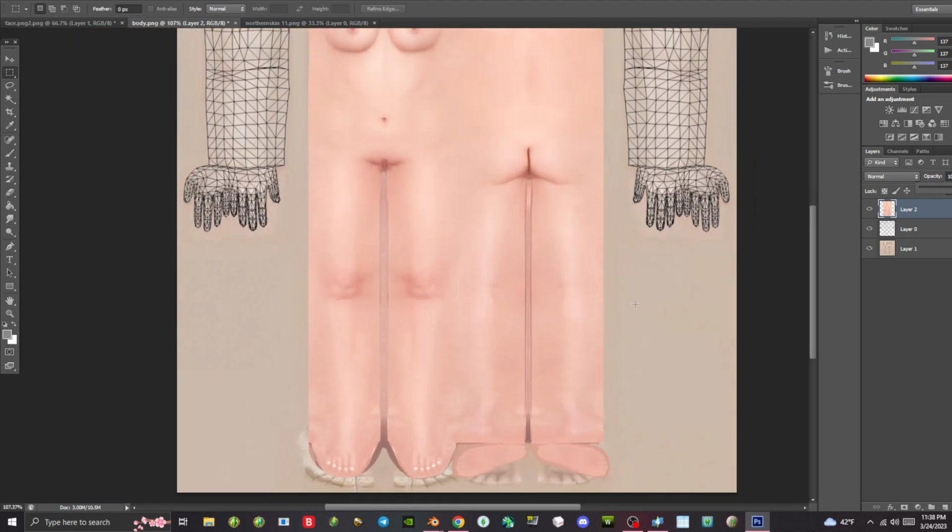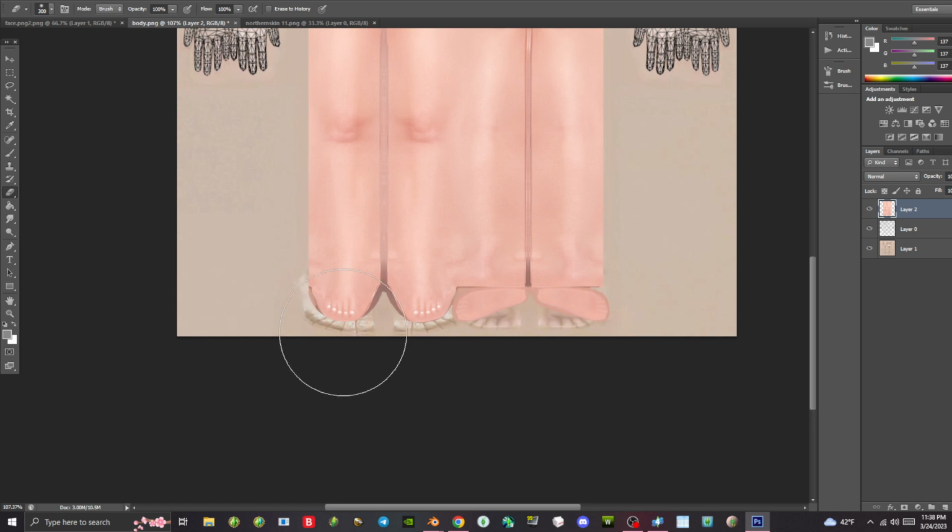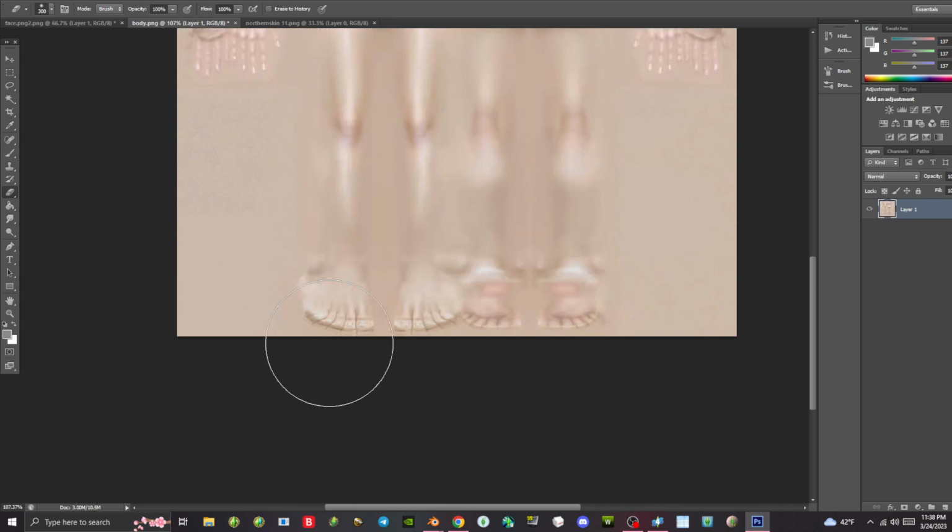But anyways, now that we've done that, now let's address these feet. What I like to do with the feet is basically I'm just going to erase them. Because like I said, trying to liquefy the feet to fit those is a little difficult, a little impossible. I've tried it. Because look how weird the feet are. It's just a headache. So you're better off just going ahead and